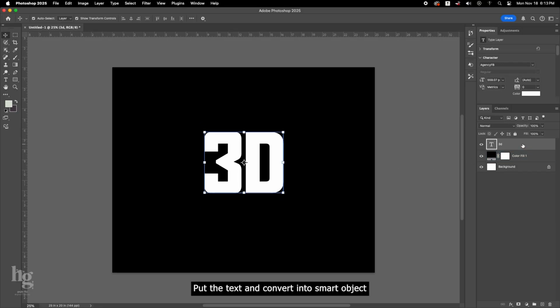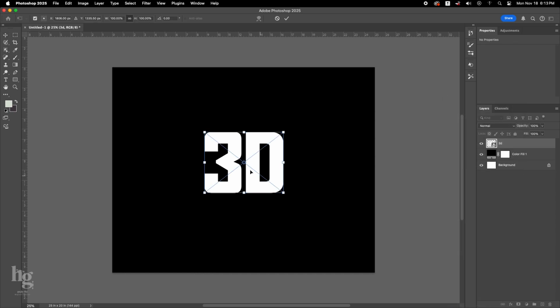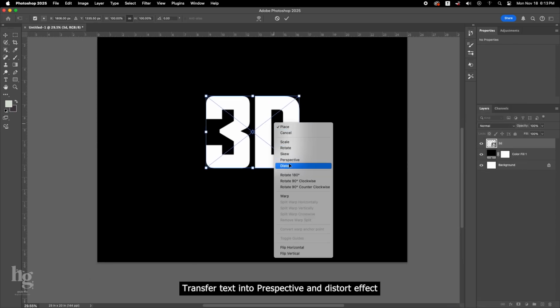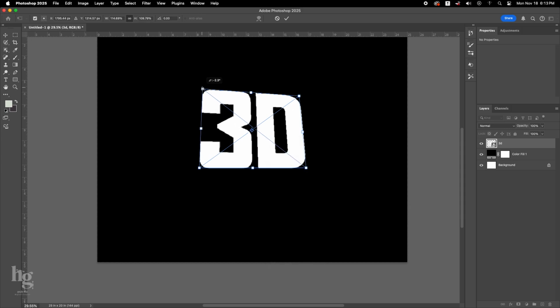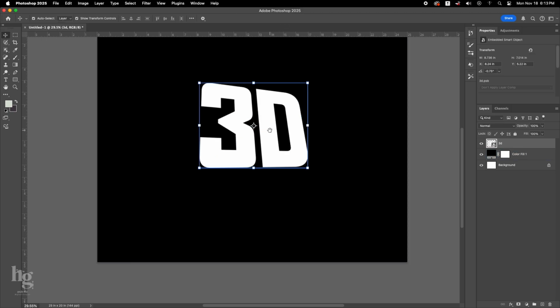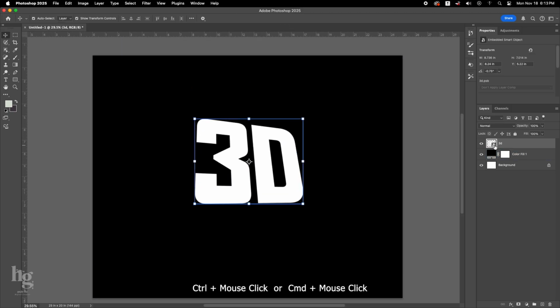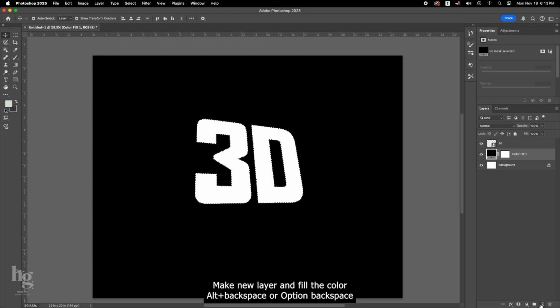Put the text and convert into Smart Object. Transfer text into Perspective and Distort Effect. Now click and hold the Control key on Window or Command key on Mac and fill the color by using